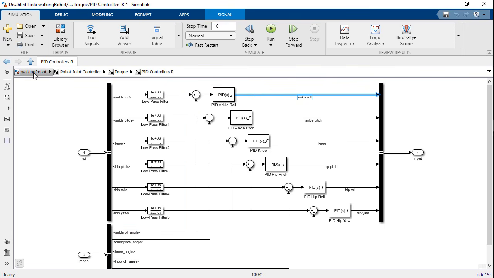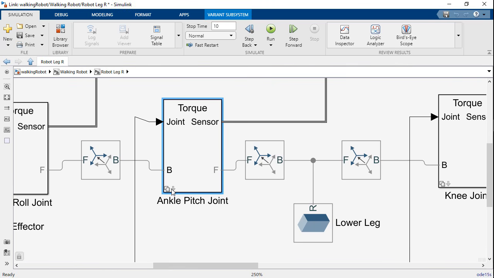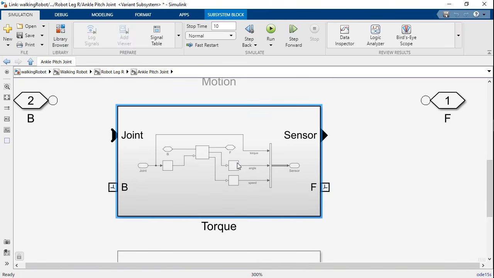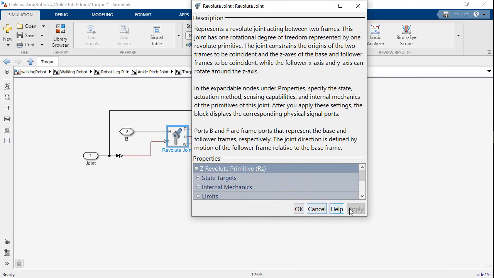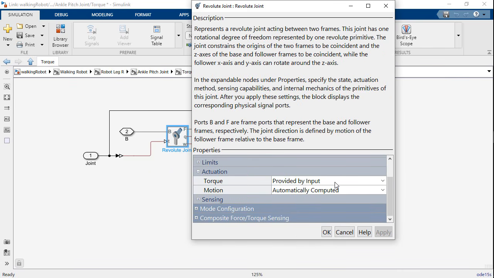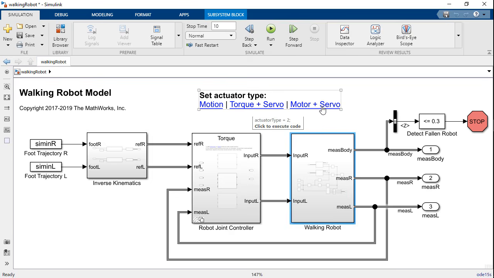Going back to the plant model, then if we go to the same leg, go into the joint block, then inside here, now we're using this torque variant. It looks the same, but if you expand the joint block, then its actuation is now that the torque is provided by input and the motion is automatically computed. And the third variant keeps the same PID controllers. So if I switch over to the motor plus servo,